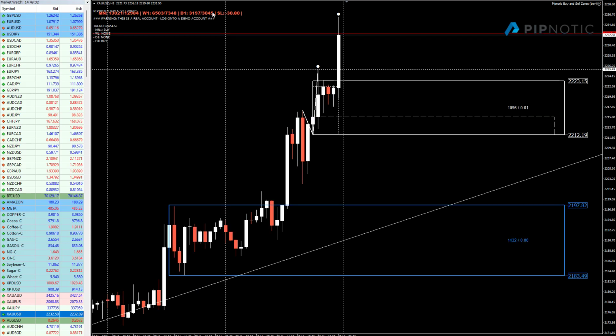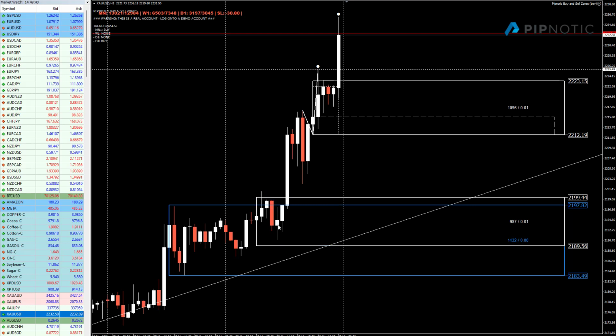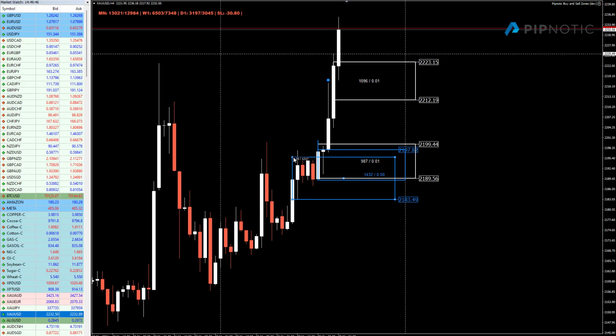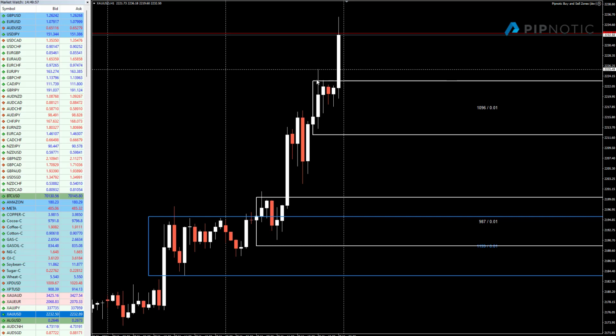Alternatively, lower, we have another zone, excuse me, just here, which looks like this. Okay, so this is another zone that we have that's nested at the top edge of this 4-hour zone, which we can see super clearly here. So 4-hour zone, we could indeed mark it off like this. Just at the top of that area, we have the parent, we have the child, then prices left. Okay, so we have a couple of areas that we could be looking to buy at,